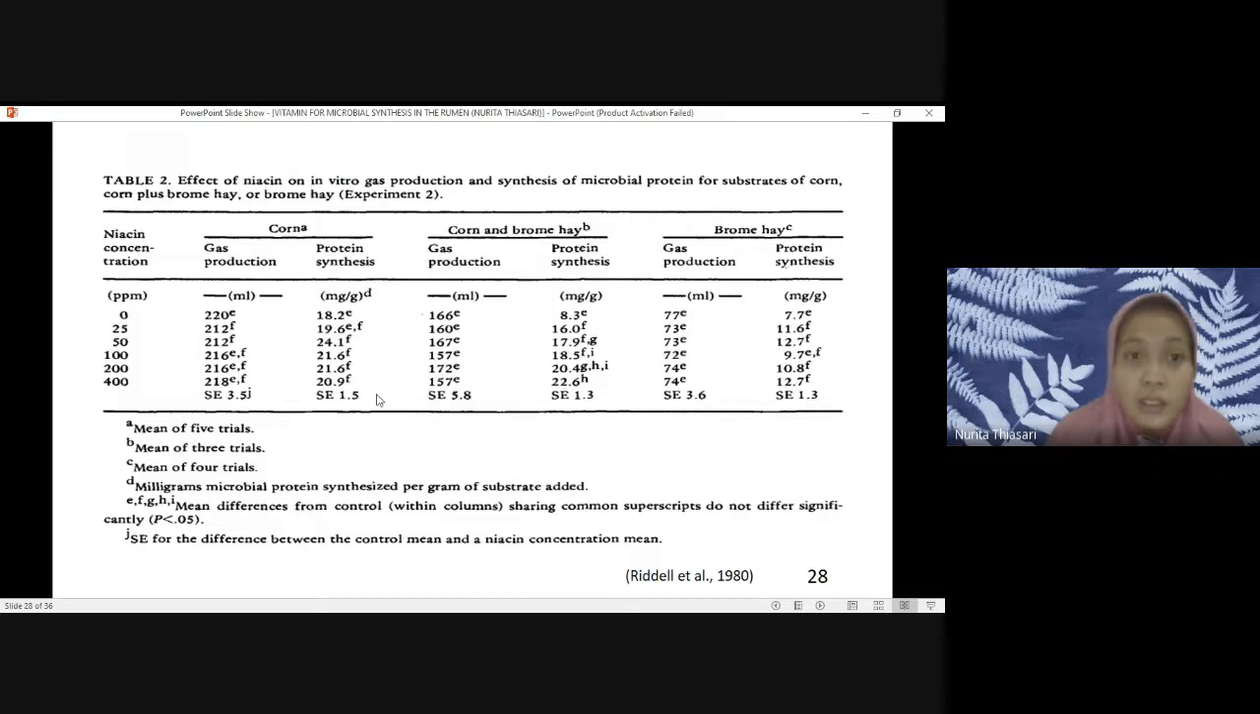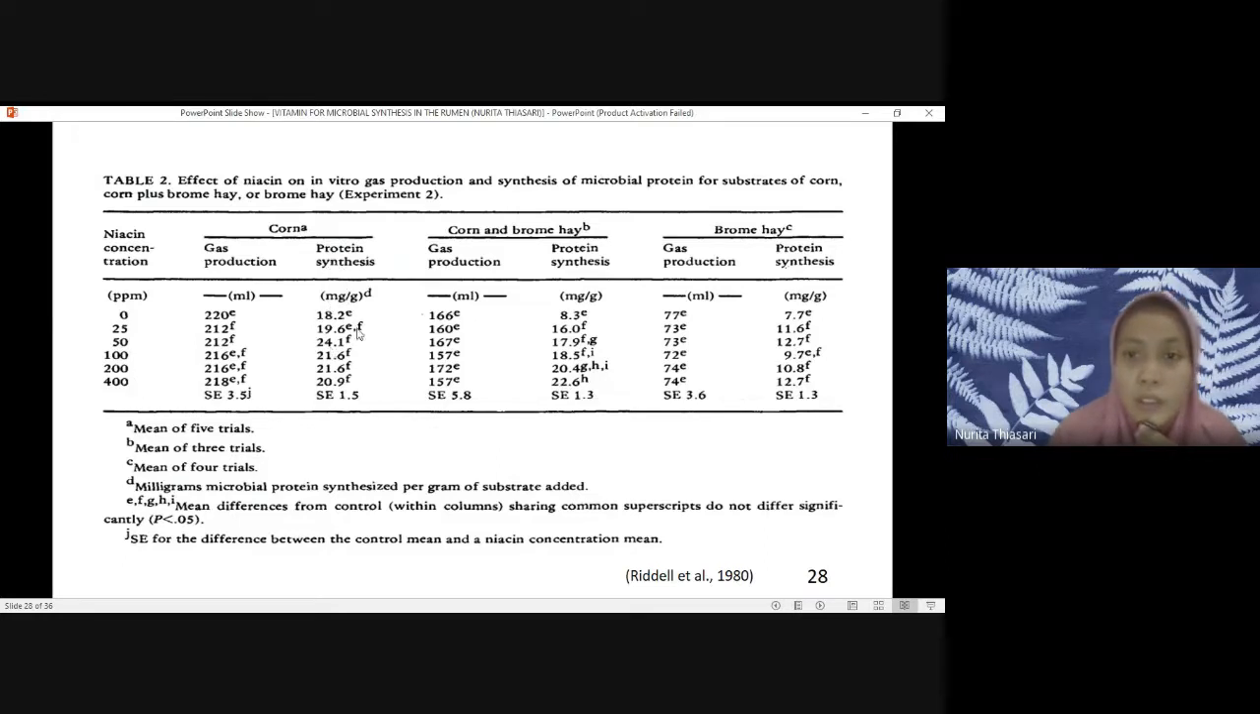And another experiment also about the niacin, but this one relates to the feed. So, the effect of the niacin on microbial protein synthesis on different substrates. Here is the corn and bromhe, and the last one is bromhe. We can see with the addition of the niacin concentration from 0 to 400, the protein synthesis of